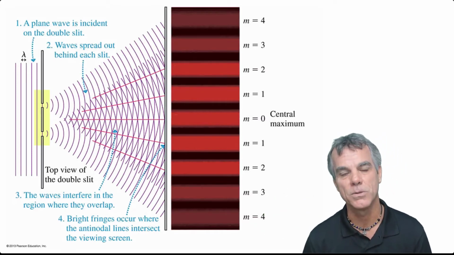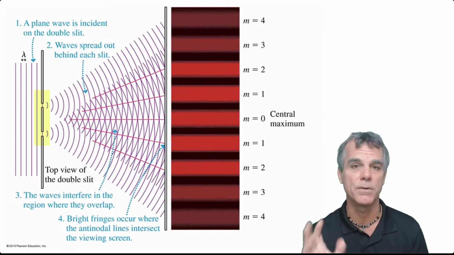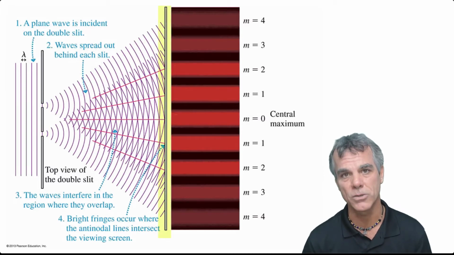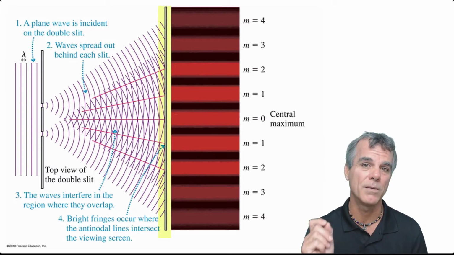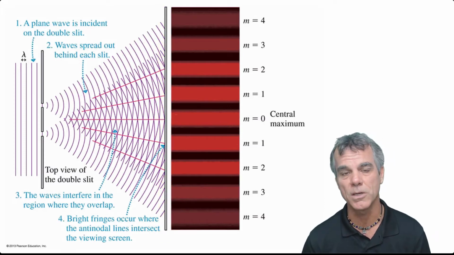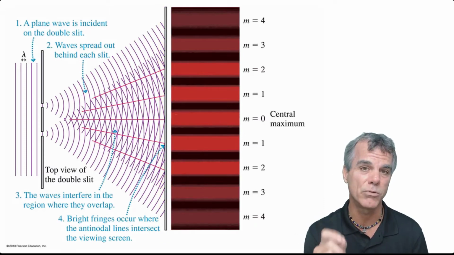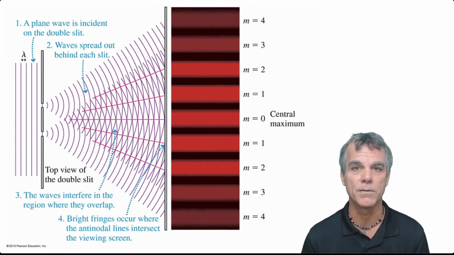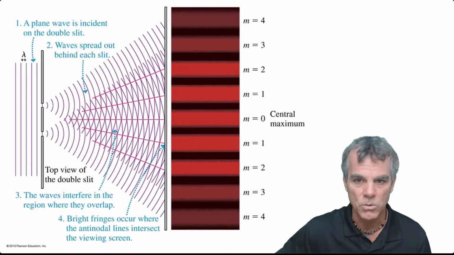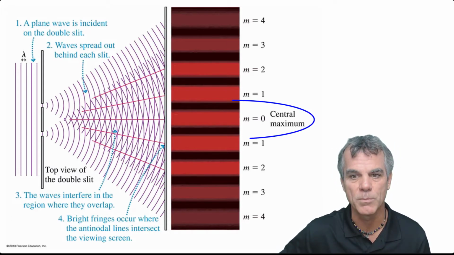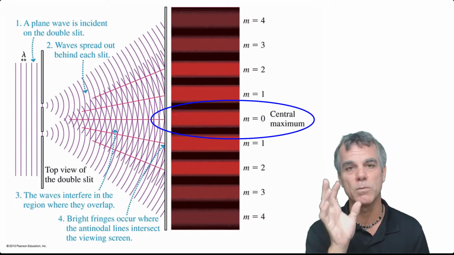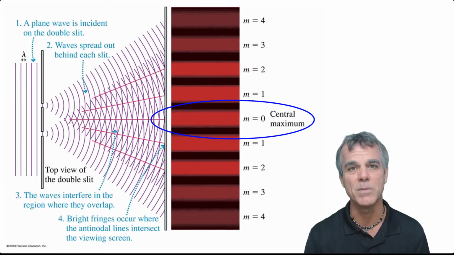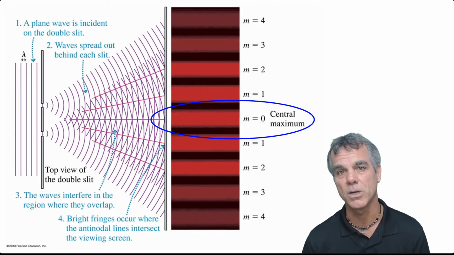As the light passes through the 2 slits, the light will spread out because of diffraction, and then the light passing through the 2 slits will then hit a distant screen, and depending upon whether we have fully constructive or fully destructive interference, we end up with a series of bright fringes where we get fully constructive interference, and dark fringes where we get fully destructive interference. Right between the 2 slits, we end up with what's called the central maximum. That's where light from each slit travels the exact same distance, so the path length difference is 0,